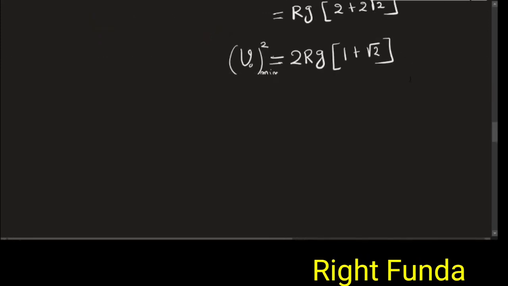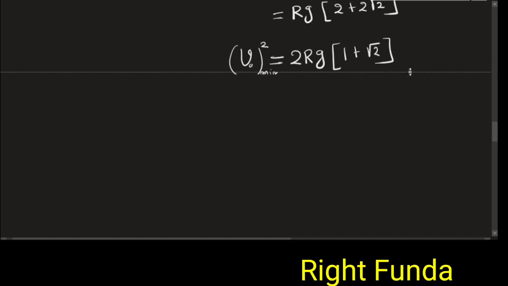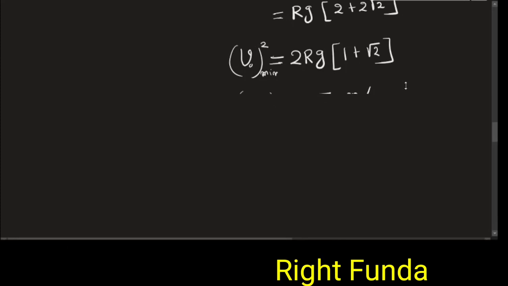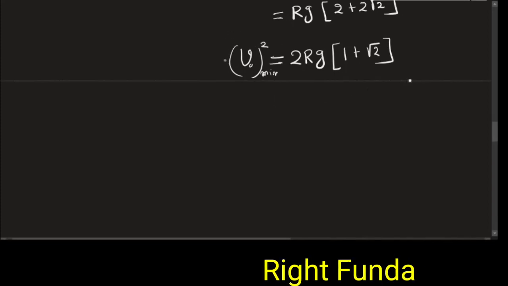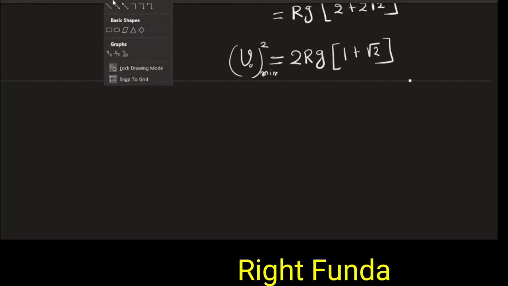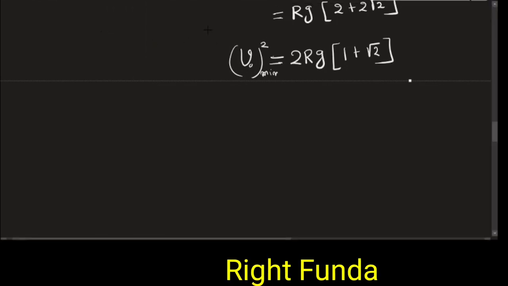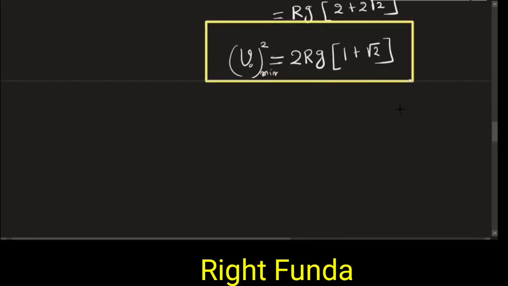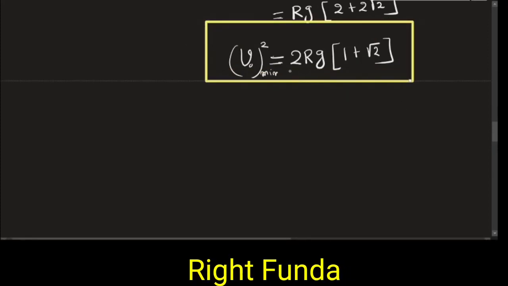So this is the minimum speed with which it should be projected. We obtain this value. If I take the values of Rg, what R is given in this particular problem. This is a general result we obtain for any cylinder given. That is a particular cylinder given in this problem, but for any cylinder given, this is the result. V minimum equals the square root of this.